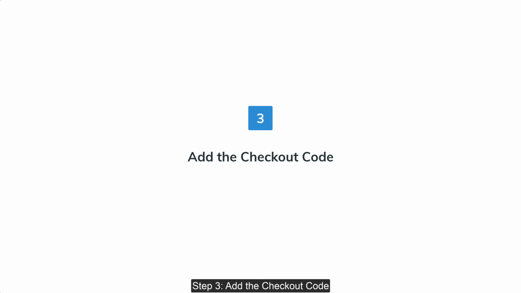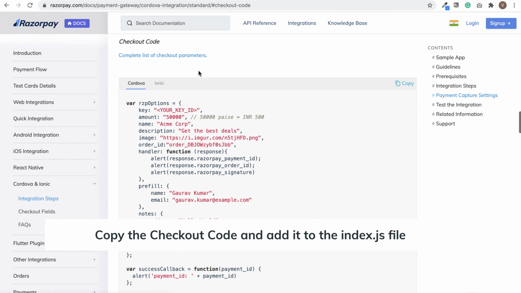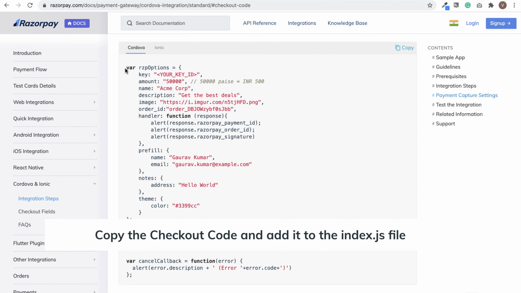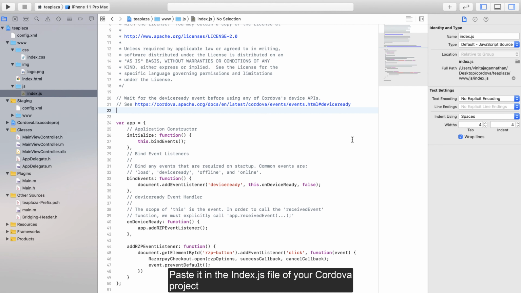Step 3. Add the checkout code. In the document, copy the checkout code. Paste it in the index.js file of your Cordova project.